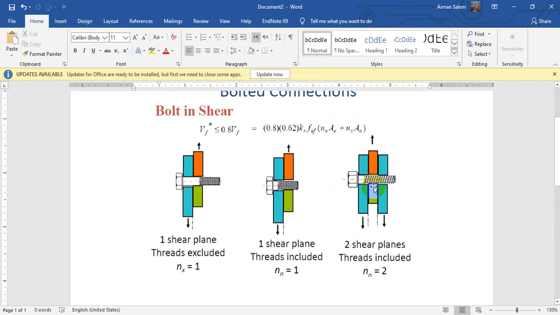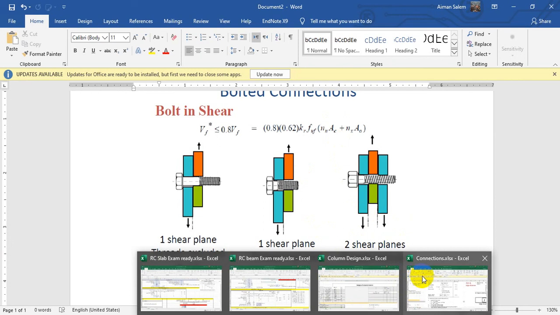So we have two splice plates and we have one main plate. And so you have two shear planes. And to be more conservative, I'm going to use this part, the left part, assuming that threads are included, and take the smaller area. So let's go now and apply these things in our